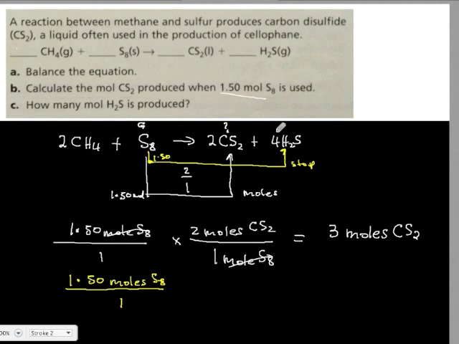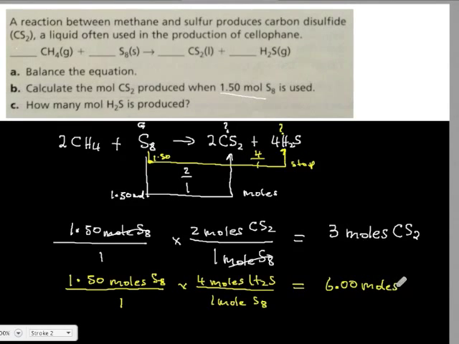And here the question mark now is on H2S, so you will multiply by the ratio of the coefficient of where you're going over where you came from, question mark over given. So this time you're going to multiply by 4 moles of H2S over 1 mole of S8. And your final answer will be 6.00